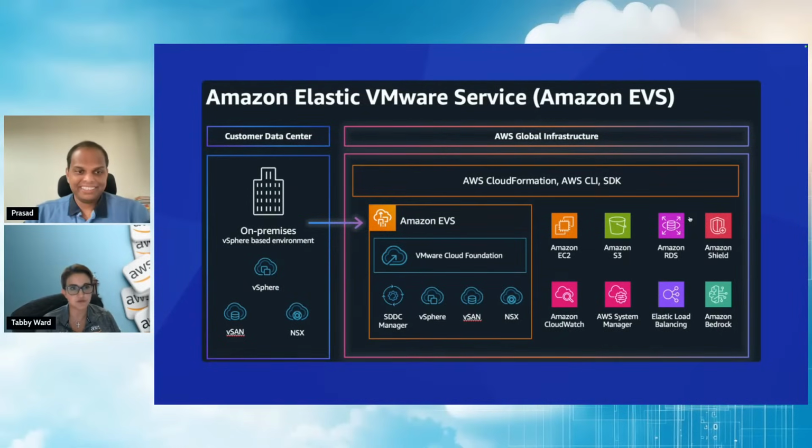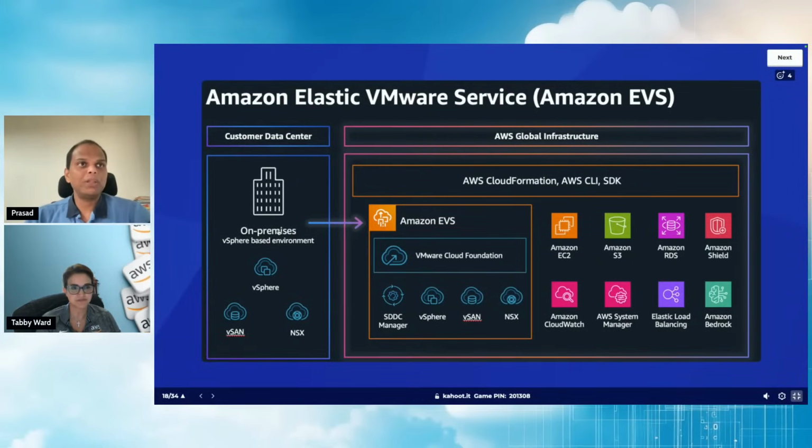Prasad, back to you if you want to add. No, the use cases that you mentioned were exactly the same. I put one question in the knowledge check for them to get the badge on exactly what you mentioned. It was a select-all-that-apply question on the use cases where Amazon EVS would be beneficial for the customer. If you have a customer data center on-prem, you will be able to move it onto AWS. It runs on AWS global infrastructure, and for deployment methods you can use CloudFormation, the AWS CLI, or the SDK.